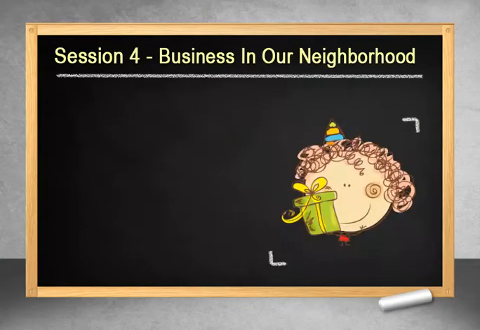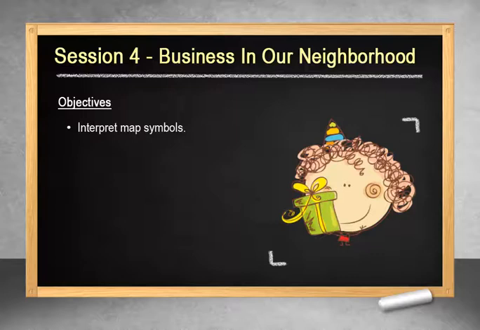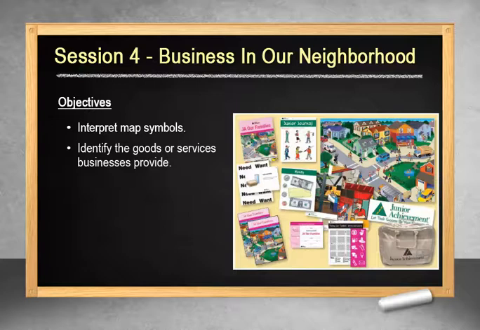Session 4. Business in our neighborhood. The objectives for the fourth session are to help the students interpret map symbols and identify the goods or services businesses provide. For session 4, you will need to use from your JA program kit, the JA banner, student table tents,